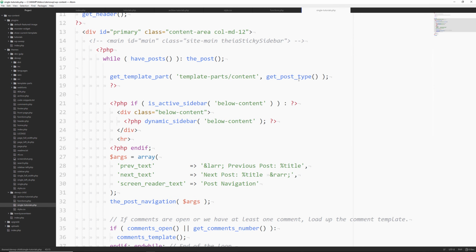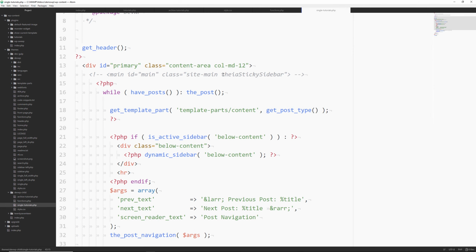You can change the layout options of it. You can change the formatting, things of that nature. All right, so let's go back to the browser. I want to show you something else.